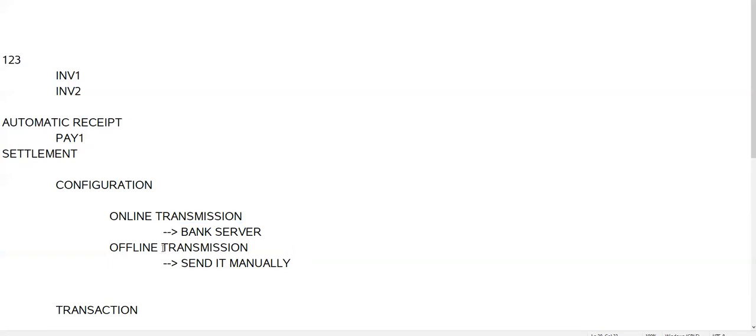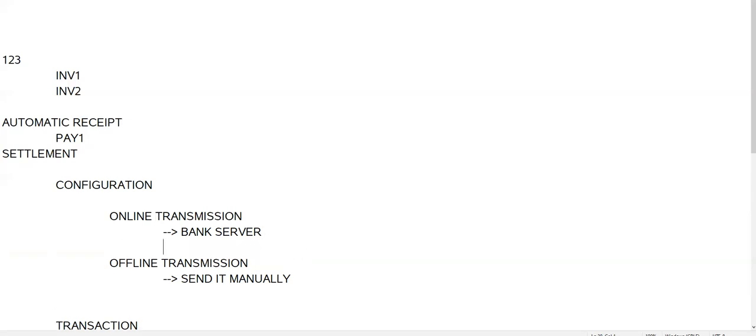In case of online transmission, there will be a transmit file, whereas in case of offline transmission, no file will be transmitted. The transmit file will not happen from Fusion. Rather, we can download it from Fusion and send it manually to the bank. This is the difference.